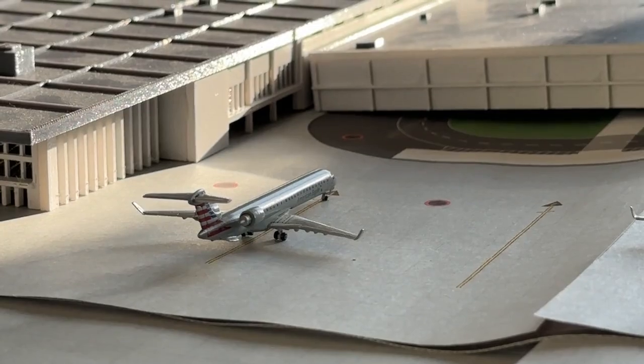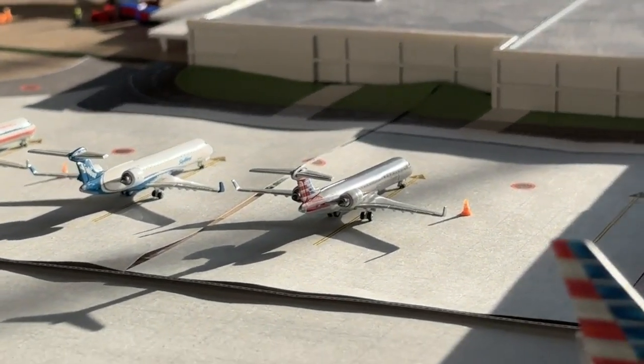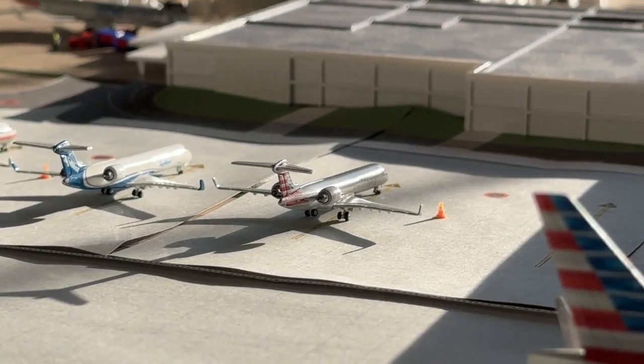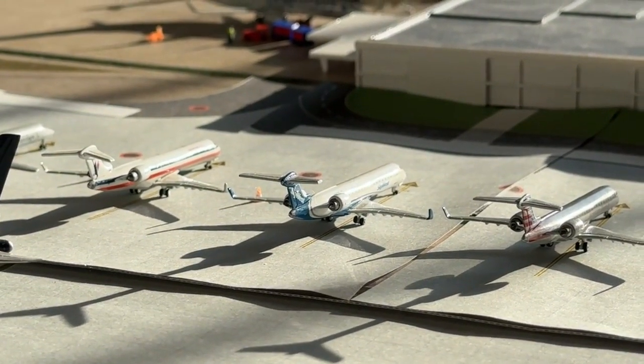This one is coming in from Great Falls and now it's going to be making a flight out to Elko, Nevada. And then we have this CR7, several CR7s up here. Next, so this one's coming in from Rapid City and now it's going to be making a flight over to Des Moines. We have the SkyWest CRJ-700 coming in from Springfield and now it's going to be making a flight